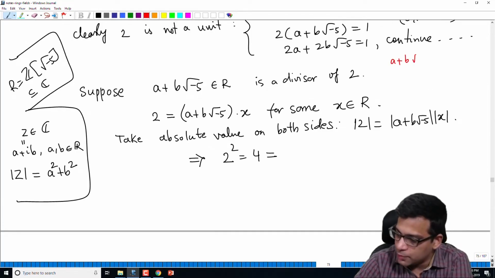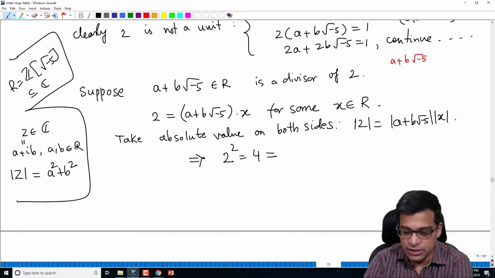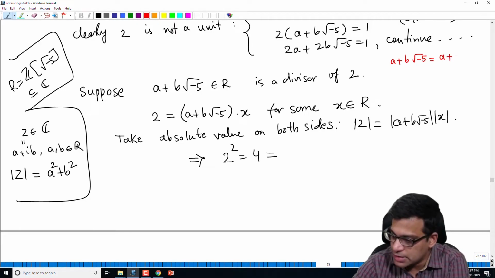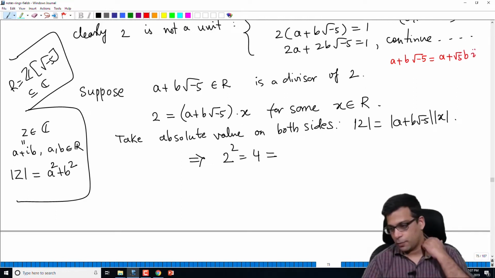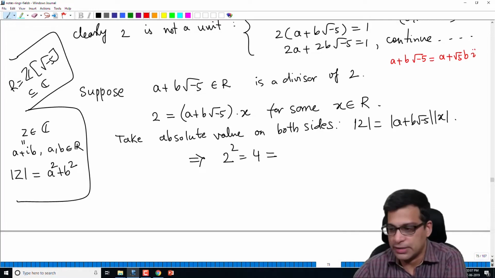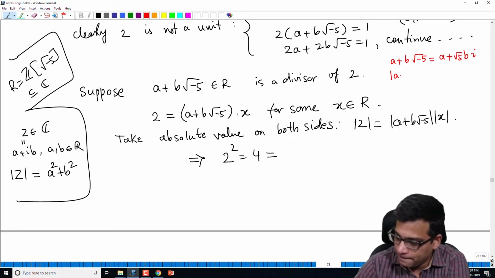a plus b times square root minus 5. Let's convert it into a form like a plus ib. So this can be written as a plus square root b times i. It's a complex number where the real part is a, and the imaginary part is square root b. So the absolute value will be